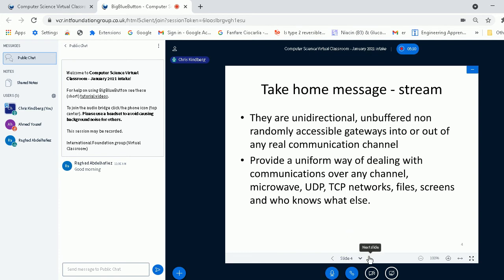You name it, and in principle, Java could offer you a software component that allows you to write data onto that channel and to read data back from that channel. So it makes the programmer's life very, very easy.